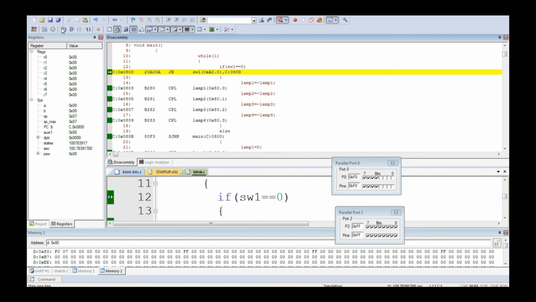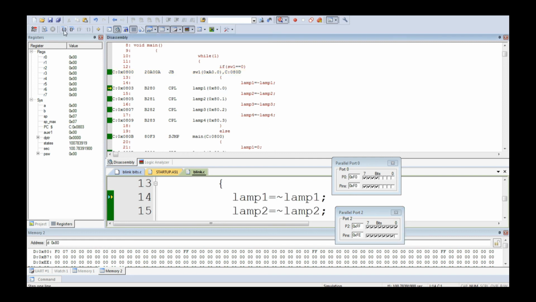Fantastic, no? Now purposefully I am making the bit 0. Now this condition is false. Now I am making the condition P2.0 as 0. If there is a bit, it will jump to 080D. Now there is no bit, so it will come down here and then complement the 0th bit in the 80th data memory location. We can see now it has come down. It never jumped to 080D like the earlier case.